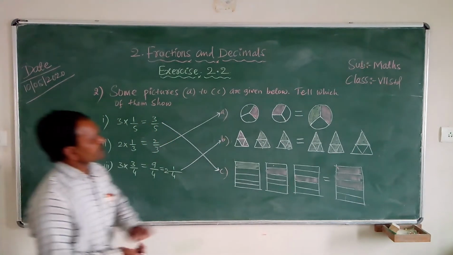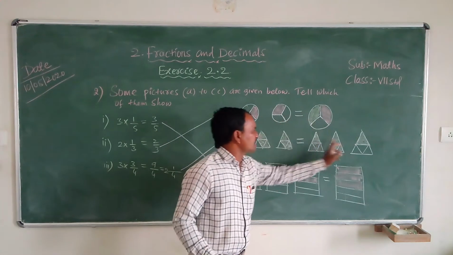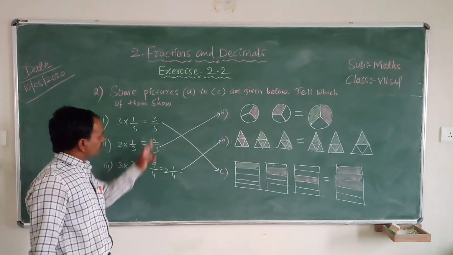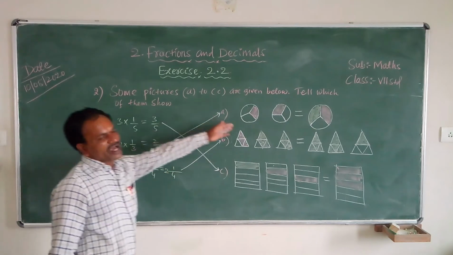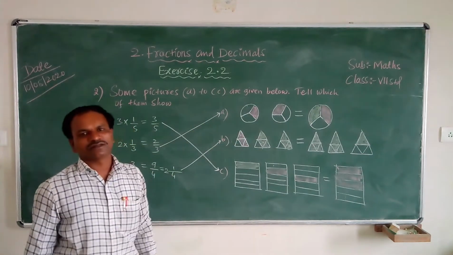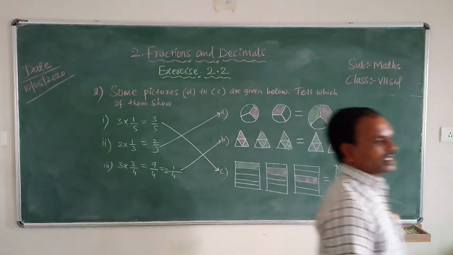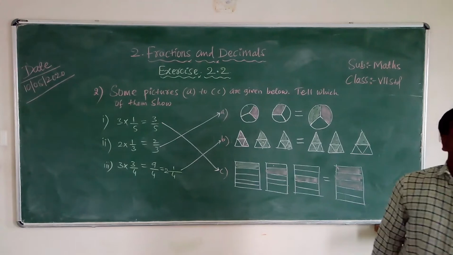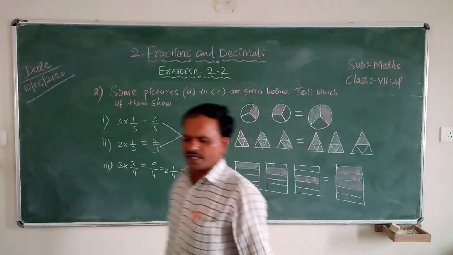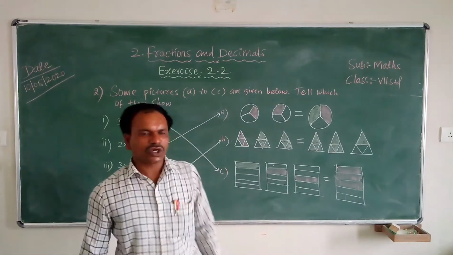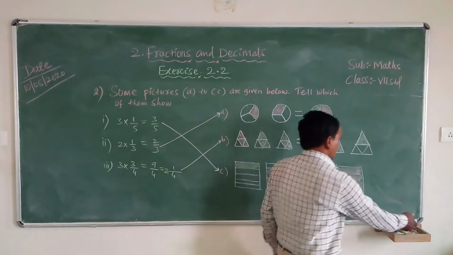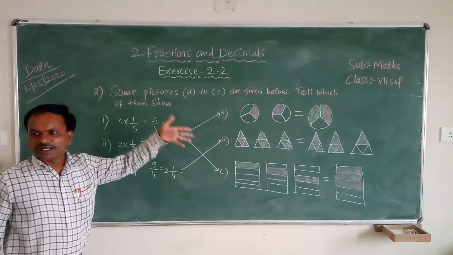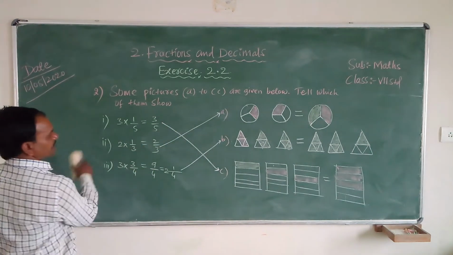So you see, the answer is given. Is equal to answer. Here also is equal to answer. You see this one and match the color. So like this we have to match the figures. Understood, my dear students? Yes, this is very important in fractions. So now next question. Understood this one? Yes? Okay.